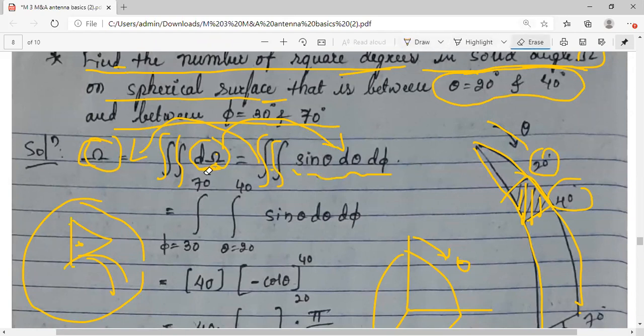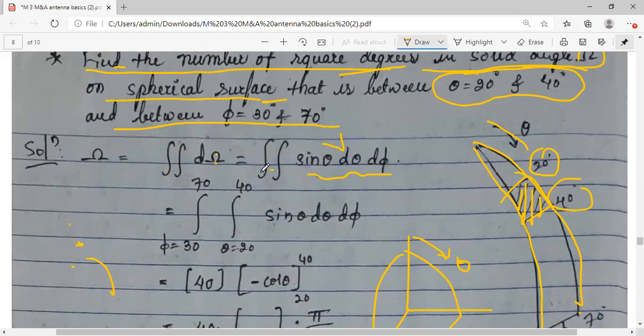The limits of both integrals are already given in the question. Most preferably, the outside limit is phi and the inside limit will be theta, because phi is the extreme, so the first integral is counted for phi. I have taken phi here; the range is given as 30 and 70. Put the limits. Theta limits are 20 and 40. Sin theta d theta d phi. Because theta and phi are two different variables, you can associate d phi here. No issues, removing it here, putting it here, no problem.